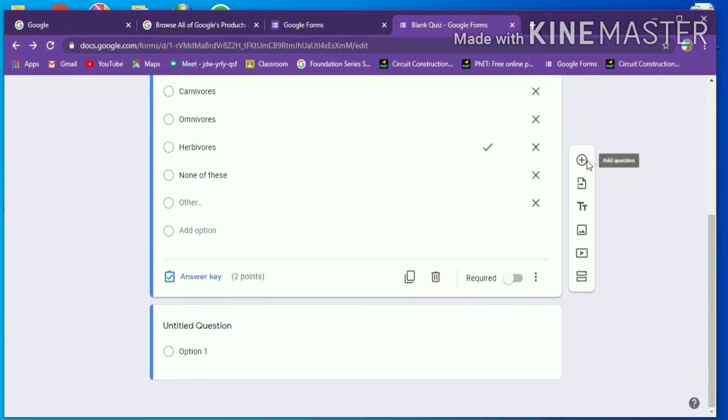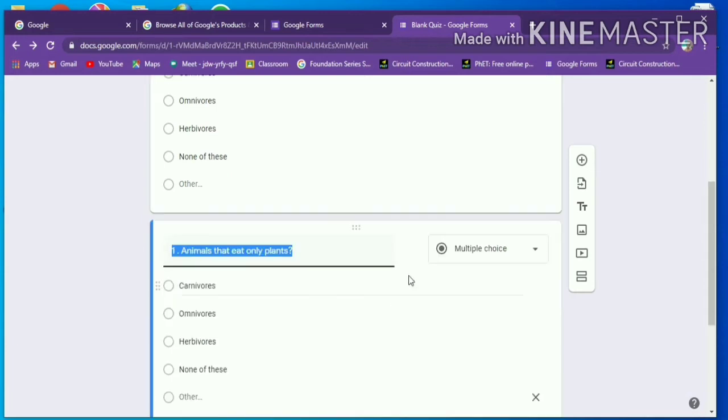Now we can duplicate this question. The same question appeared.